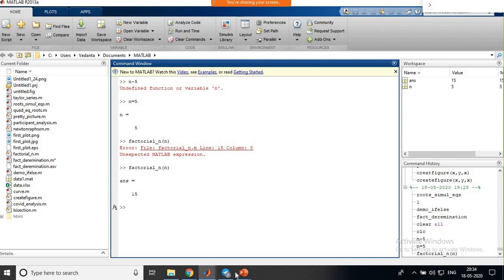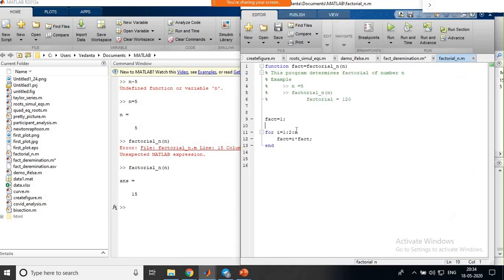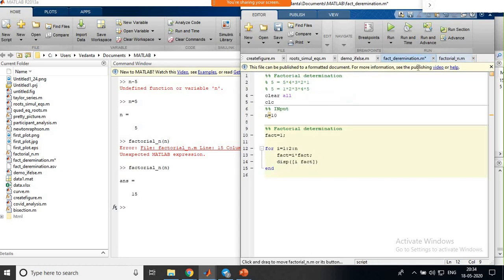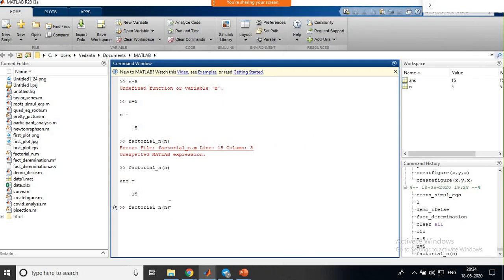Now it is showing some error. So we can identify what the error is and why it is showing this error. Previously we put 2 as an increment, but here the increment should actually be 1, not 2. So I'll change this to 1, save it, and run once again. It is now showing this value.